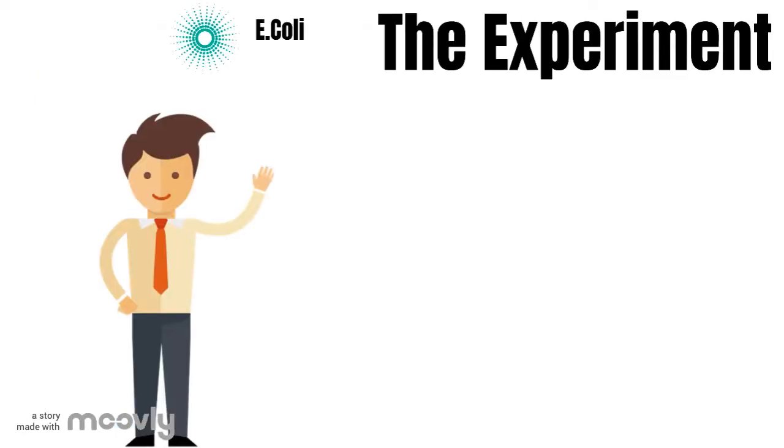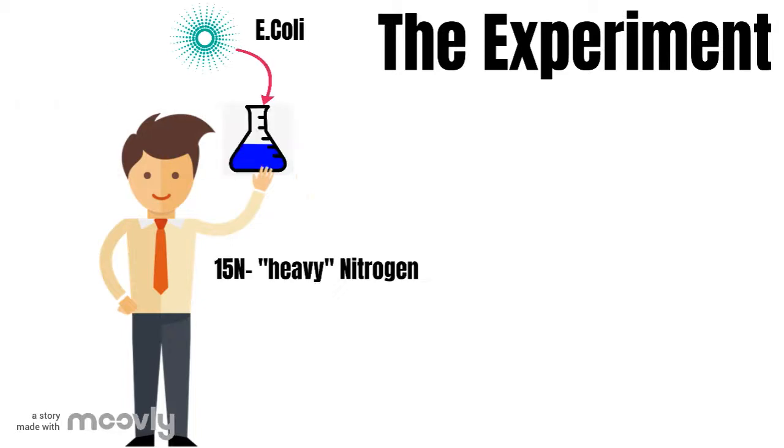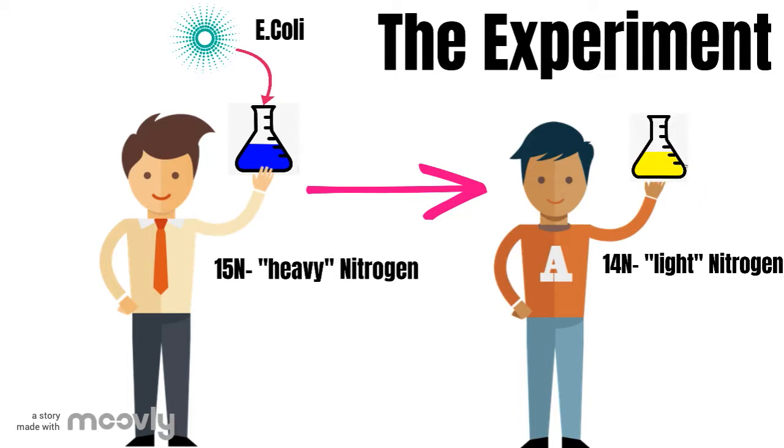In their experiments, they worked with E. coli. They started by growing E. coli in a container containing nitrogen-15, a heavy isotope of nitrogen. The E. coli used up the nitrogen and used it to create new biological molecules with new DNA. The bacteria was then moved to a container containing nitrogen-14, a light isotope of nitrogen, and given time to grow